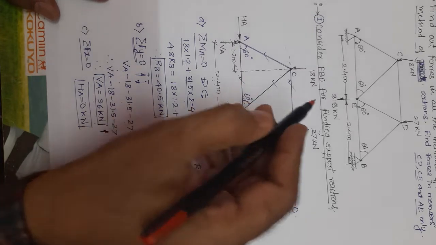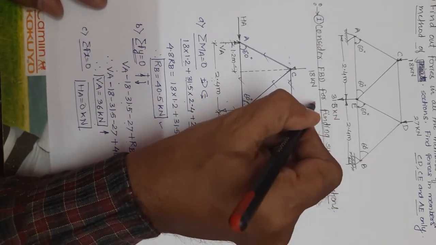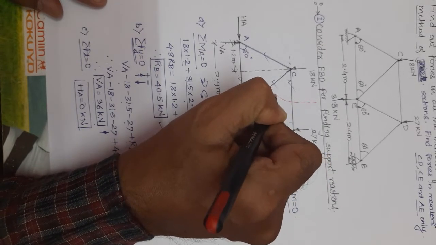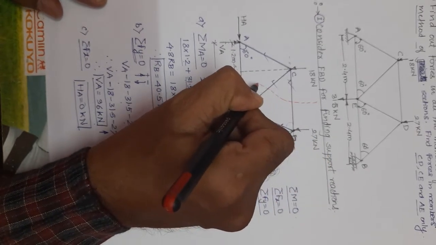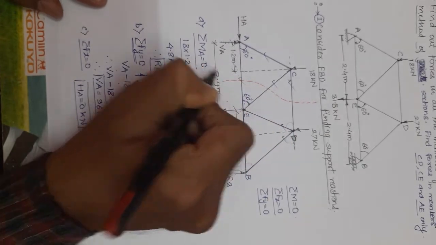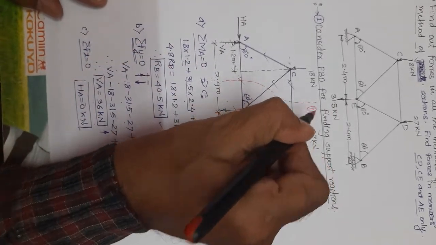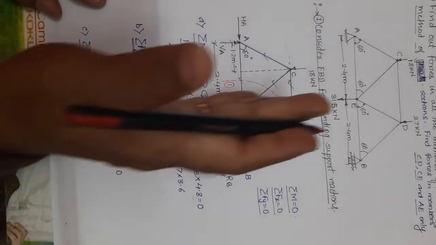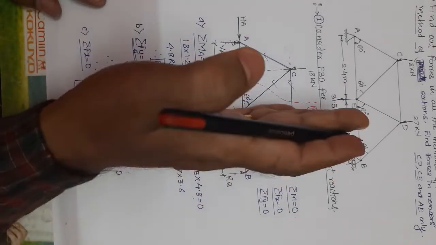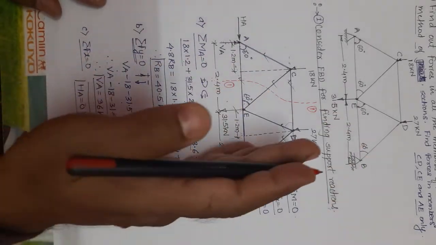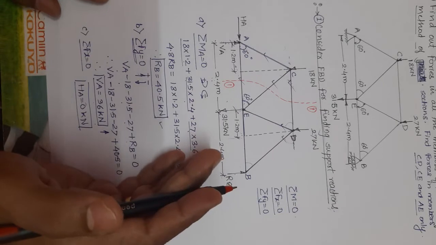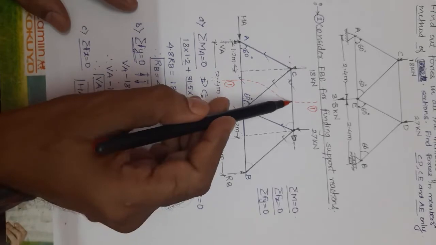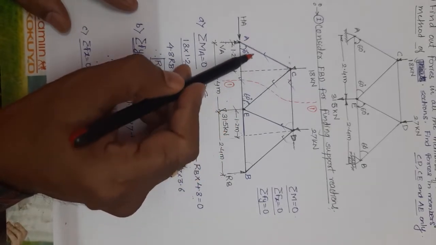So what we will do is, we will take a section like this. Not necessary that every time you have to have a straight line. So I will take a section in this fashion. This is section 1-1. We will consider the left side portion, and the right side portion we will ignore. As you know, one part of the portion is considered, the other part is left. So we will consider the left hand side portion of section 1-1.